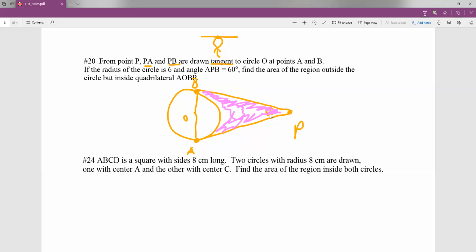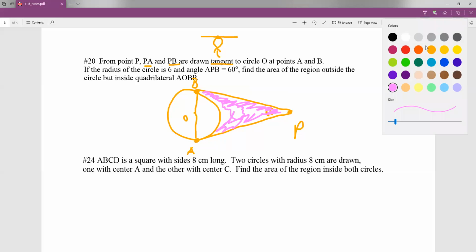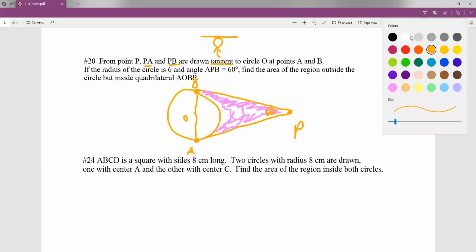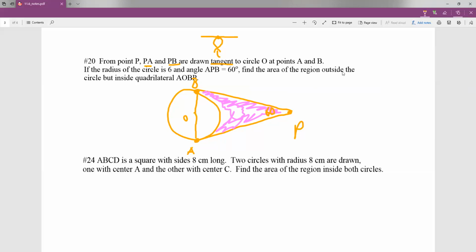So another thing, the reason I do the circles unit before this unit is because there's a couple of things that you guys need to know with circles to do some of these problems. So my bad on that. But B and A here,